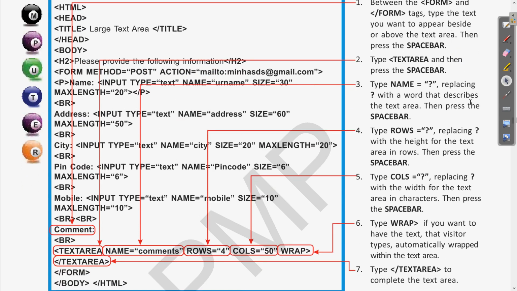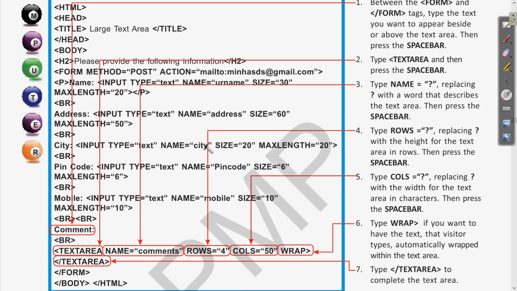Then in the form, the method is post and action is mail to. Then the similar boxes like name, address, city, pin code and mobile. These were all present in the previous example also. According to the type of data, we have chosen the size and the maximum length.